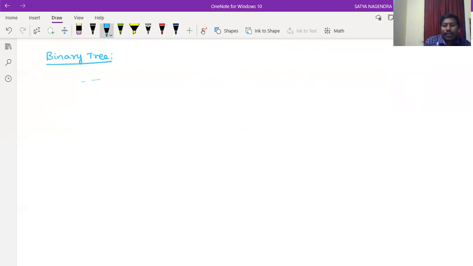Here we are discussing rooted trees. When do we say that a rooted tree T is a binary tree? So first I am taking a rooted tree. A rooted tree T is called a binary tree